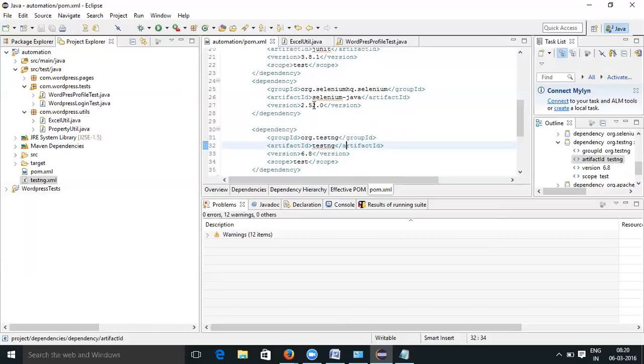Again, we are going to save it. But when it comes to the Maven, what you all have to do is just change this 2.52 to 2.53. That's it. For your case, it is going to remove all the previous jars, and it is going to download all the newer jars. Okay,